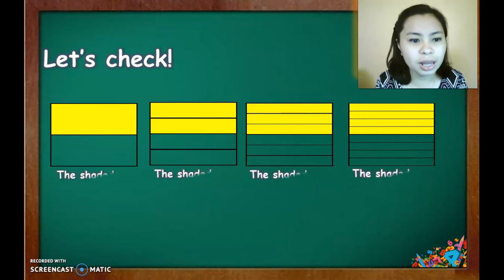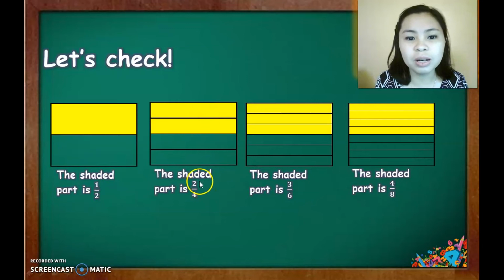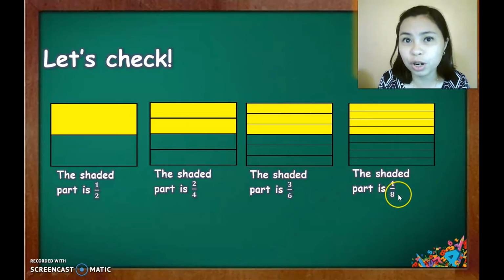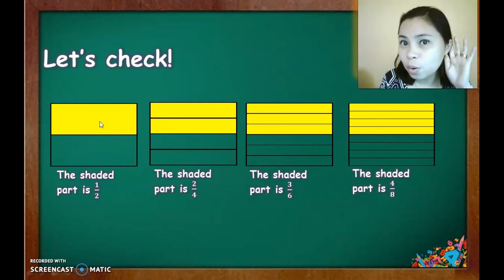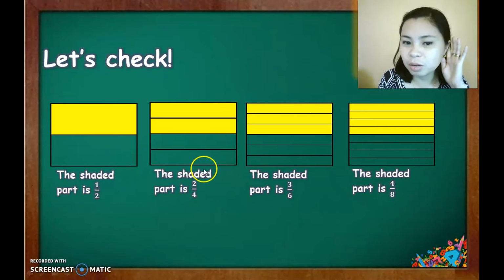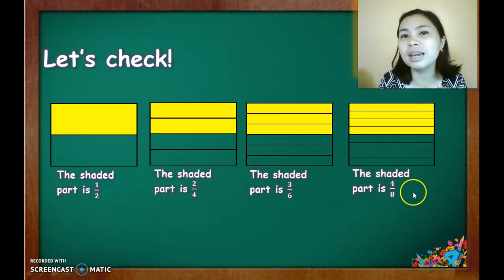So the first one is 1/2. The second one is 2/4. The third one is 3/6, and the last one is 4/8. Okay, can you do it please? What is the fraction here? Ready? 1, 2, 3. First one is this one. Number 2, the second one. Okay, next. And the last one is